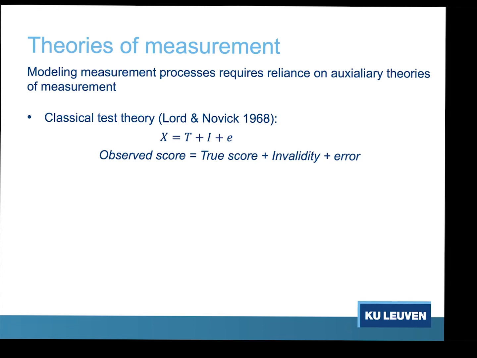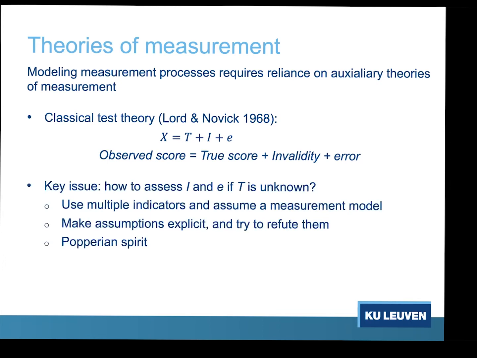But here we are confronted with a huge problem. And what is the problem? If you just have, for example, a single survey measurement, a single survey item, how do you go about disentangling these sources? It's impossible to disentangle them because we don't have enough information. In a more formal way, you could say this model is not identified, right? And so how can we get a better idea of the importance of invalidity and error?